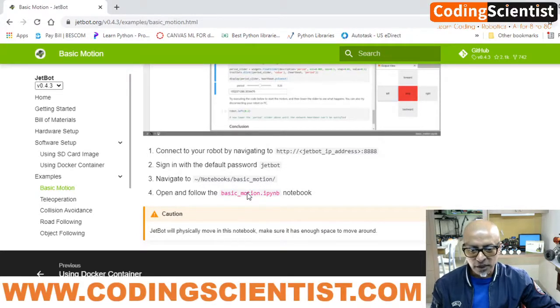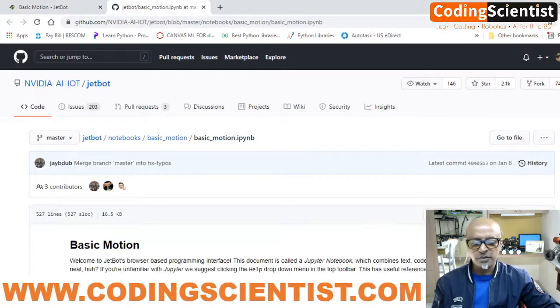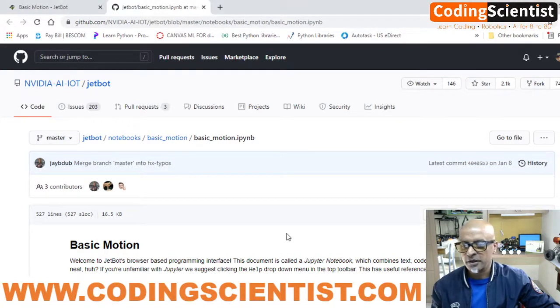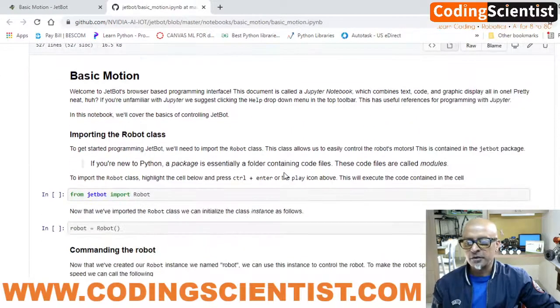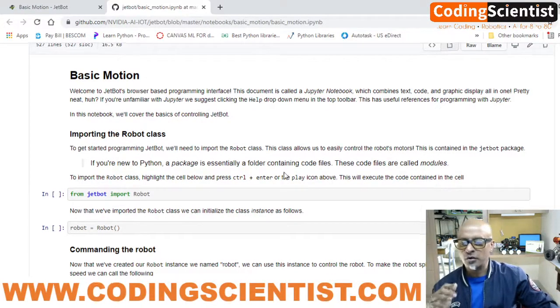So right click, open a new tab, and go to this particular section. This will take you to the GitHub repository of NVIDIA AI IoT JetBot. This is maintained by NVIDIA, and here you can see the entire detailed explanation for the code.